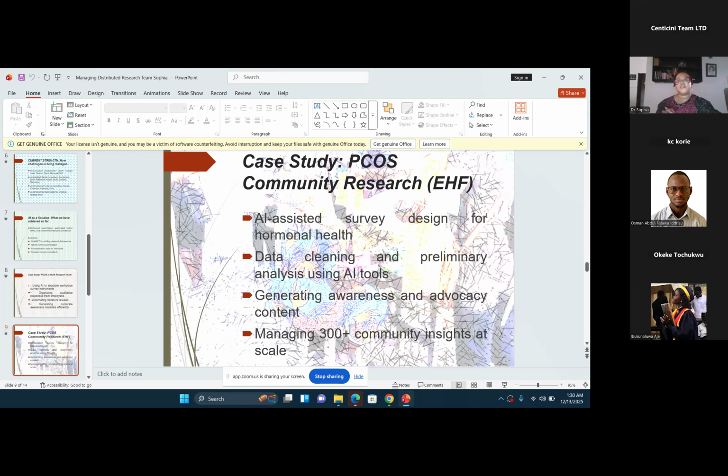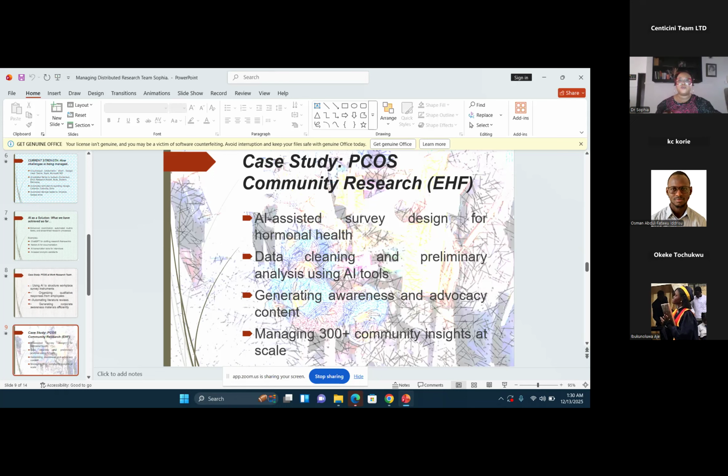Now it's quite easy, as we just have to create a Google Sheet, or sometimes we use SurveyMonkey, to share across among females with PCOS, or females who possess certain symptoms of PCOS. Most of these questions are designed to understand the amount of flow, because people with PCOS most times don't even see their period in a year, or they could get at least 6 menstrual flows in 1 year. These are the kinds of surveys we carry out to also know their dietary pattern and their lifestyle choices